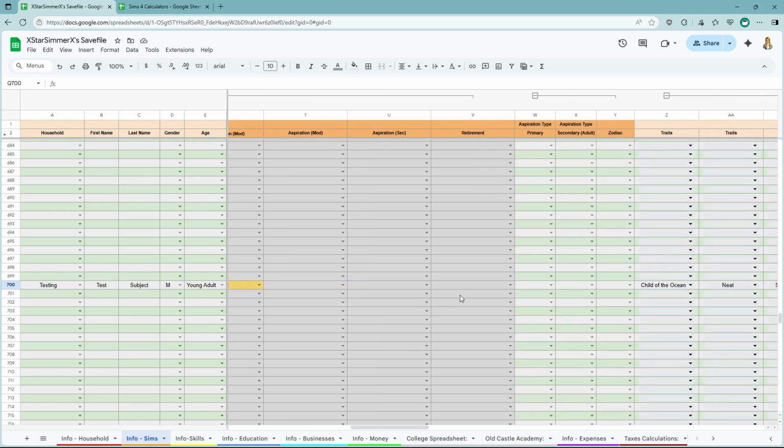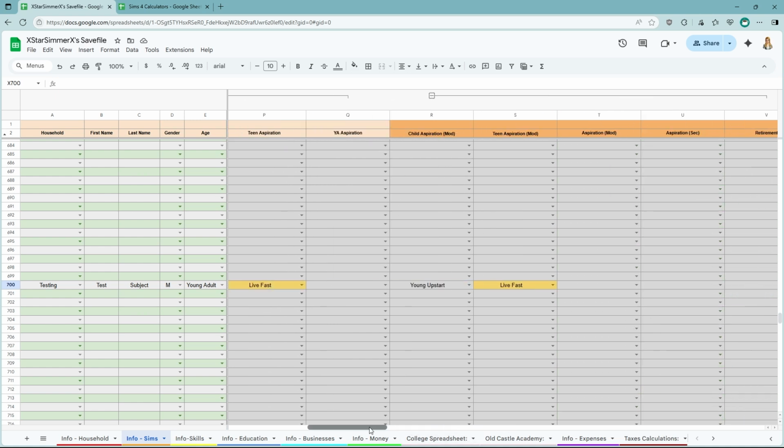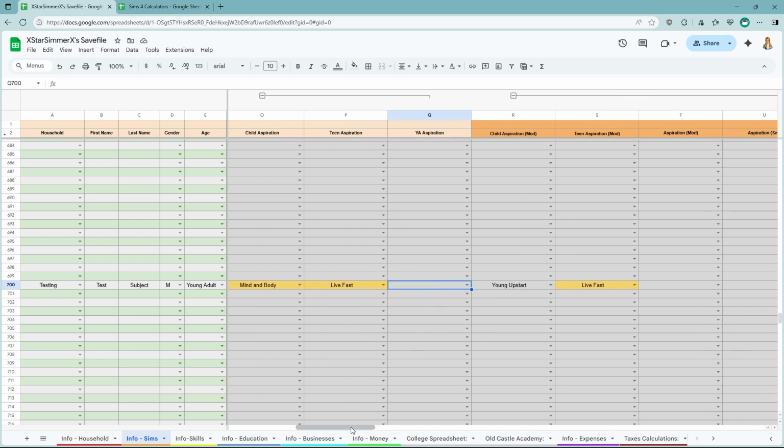What are we going to be having as a primary and secondary aspiration? What's our zodiac sign? Let's go ahead and throw that in. We can throw that in as early as we want. We'll go ahead and say we're a Scorpio. Okay, so now we need to find out our primary, secondary, our aspiration that we're going to be working on,